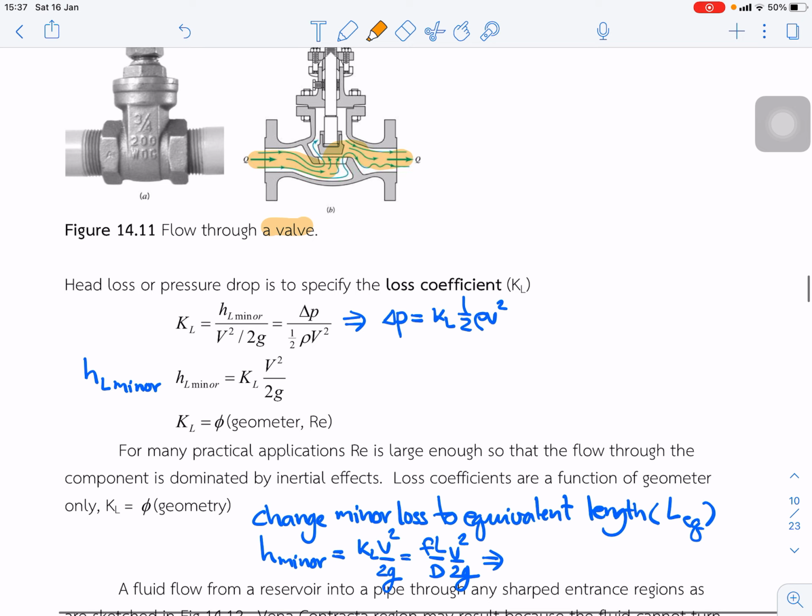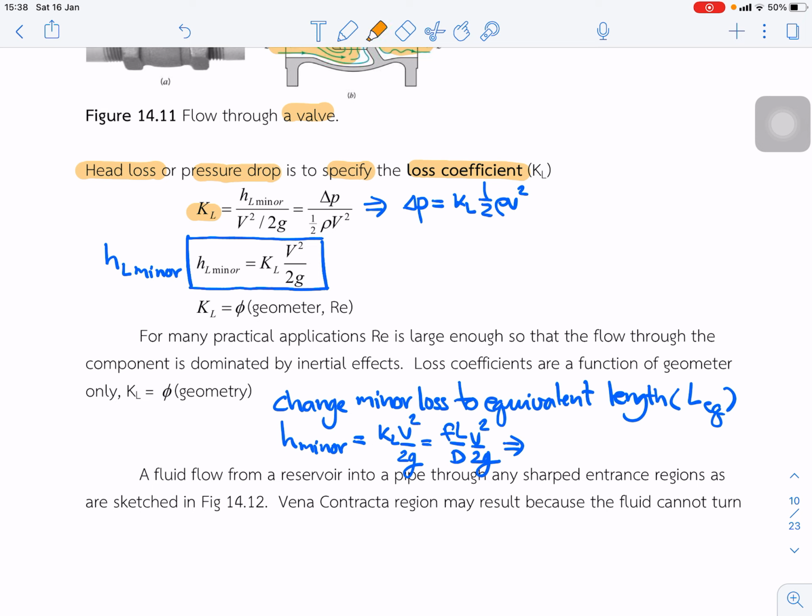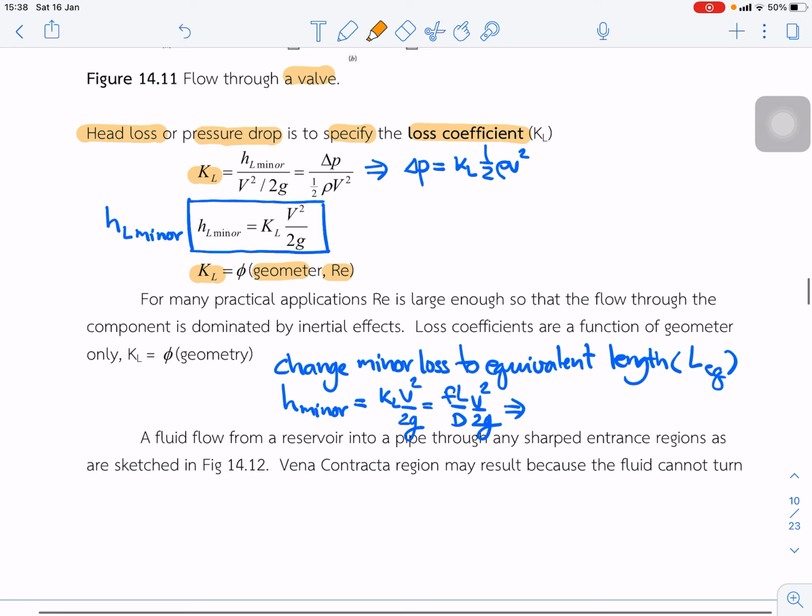And head loss for the pressure drop is specified by using the loss coefficient KL, based on this equation. And we can write the head loss for the minor loss equal to KL times velocity head. And KL is a function of the geometry or the Reynolds number. That is, the minor loss equation is written differently,